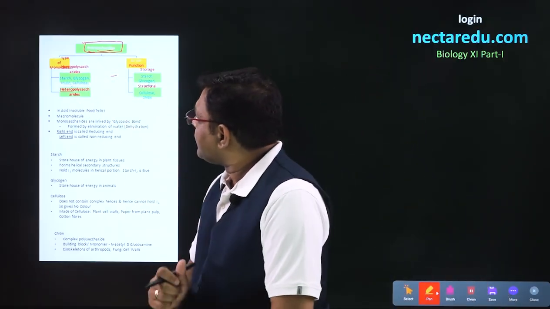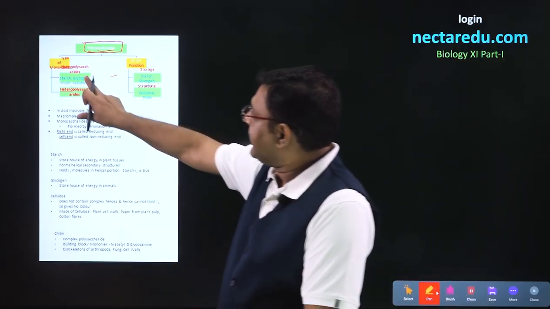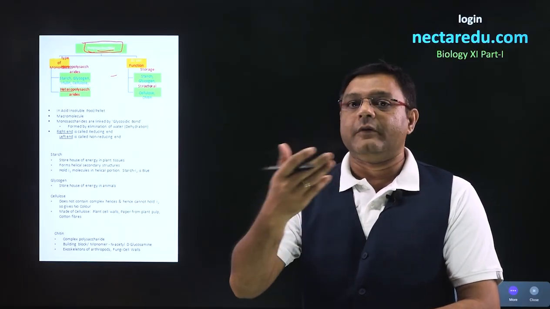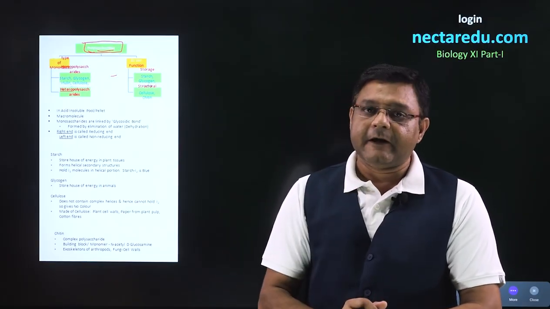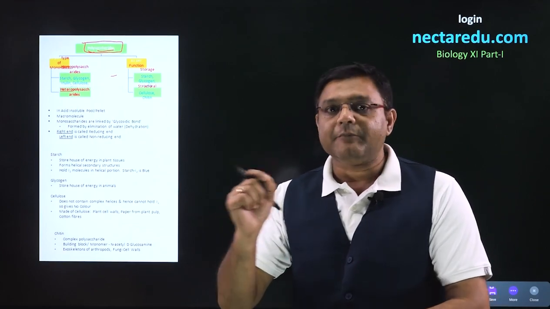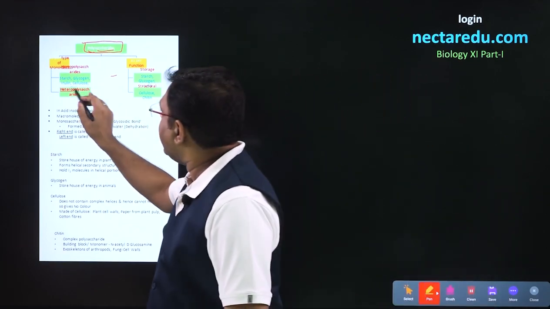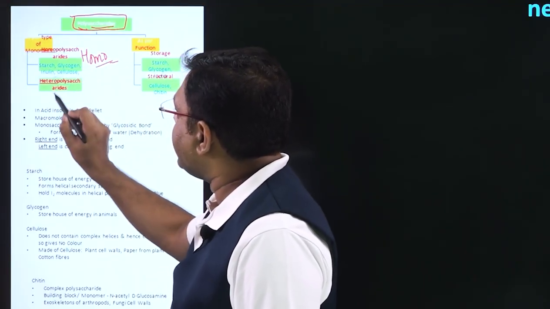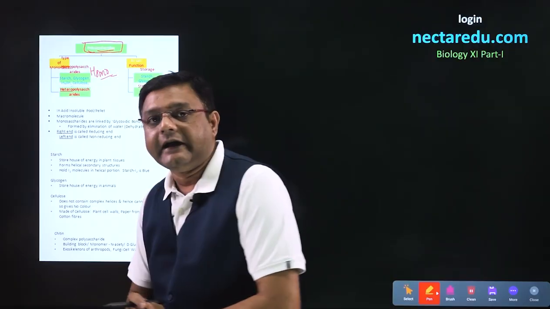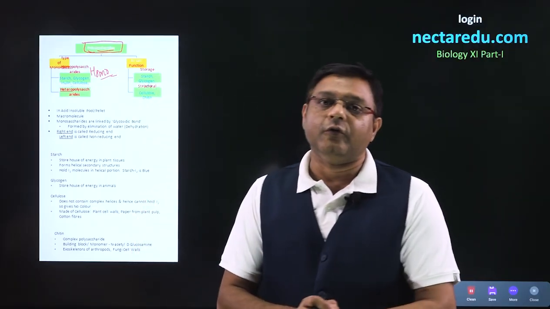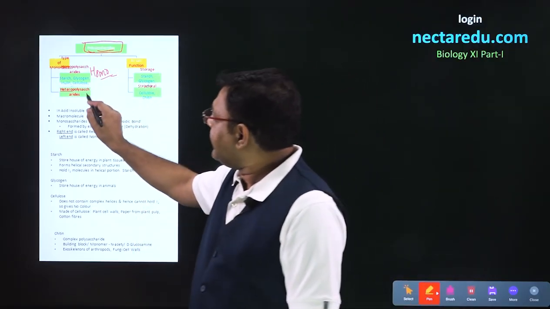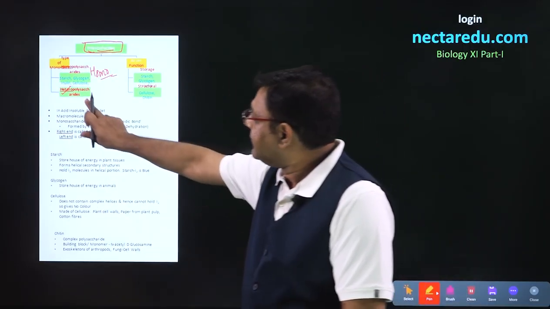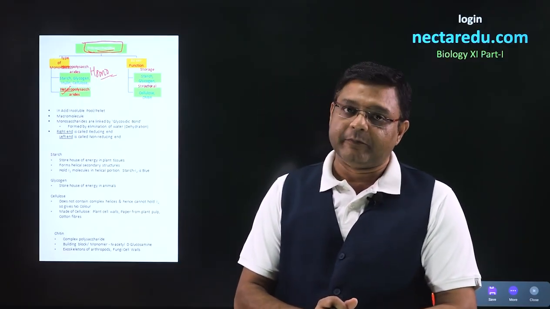Coming to the classification of polysaccharides, in the first way, we can classify them as per the type of monomers. That is, the monomers are the same or the monomers are different. If all the monomers or the monosaccharides are the same, we call it homopolysaccharides. So, starch, glycogen, inulin, cellulose, chitin, these are all examples of homopolysaccharides. The second are called heteropolysaccharides. As the name suggests, in this, different types of monosaccharides will be present.